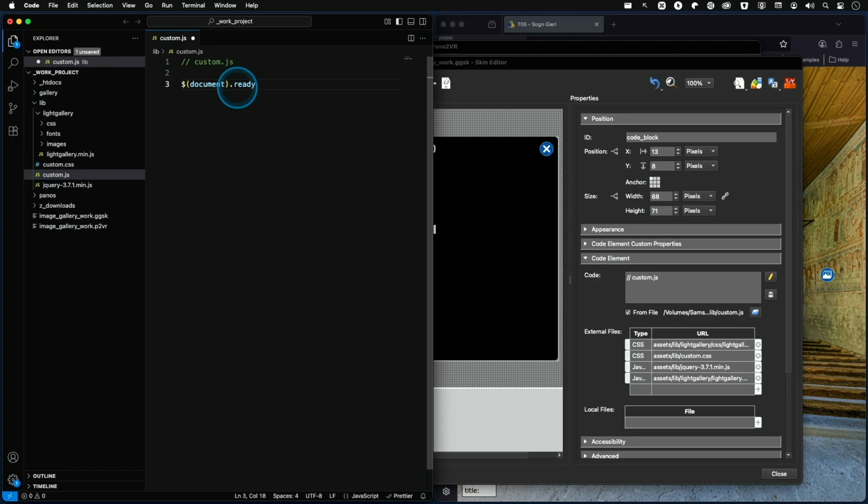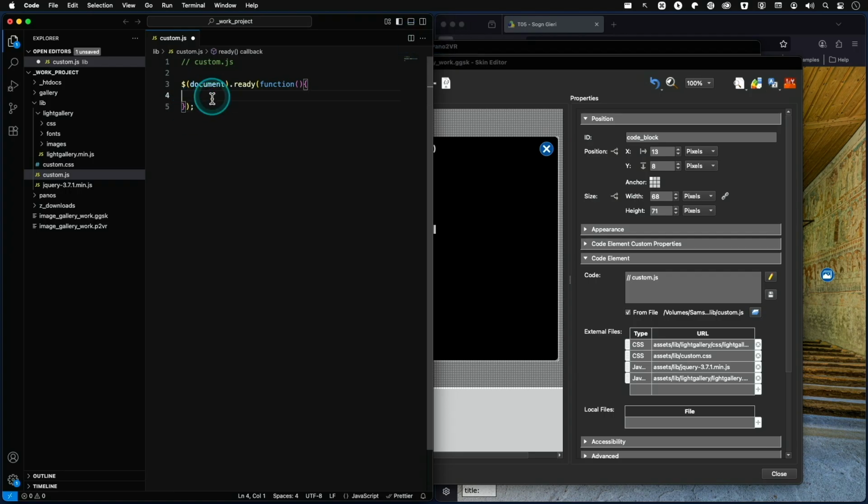When the document is ready, it's connected with a dot, it's an event, and this event is happening when the whole document, so the Pano2VR index HTML and all the other data is loaded, and the document is valid and stable and readily constructed. Then jQuery fires this ready event, and after an event we usually open a bracket, and then comes a function, and this function can have arguments in brackets, but it can also have an empty bracket, and then it is followed by 2 curly brackets, and usually you enter an empty line here,